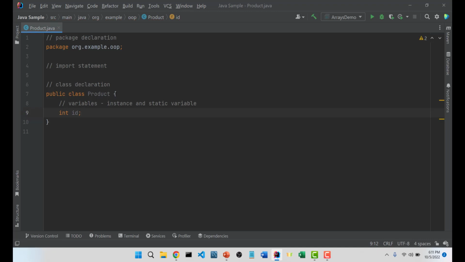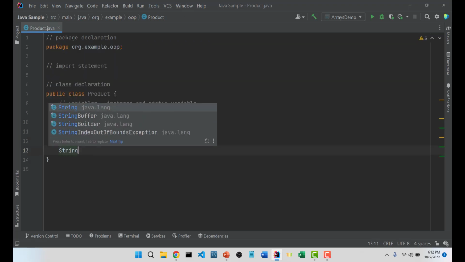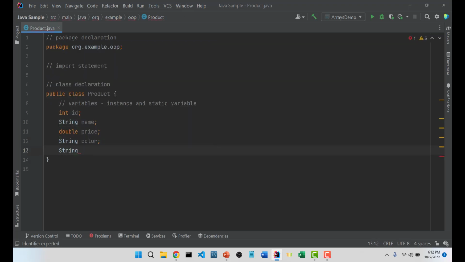Okay, this is the instance variable of the product. Another variable let me take, that is the name of the product. Then I'm taking one more instance variable, that is double, that is the price of the product. I'm taking one more string variable, let's say color of the product. And also I can have one more, let's say string brand